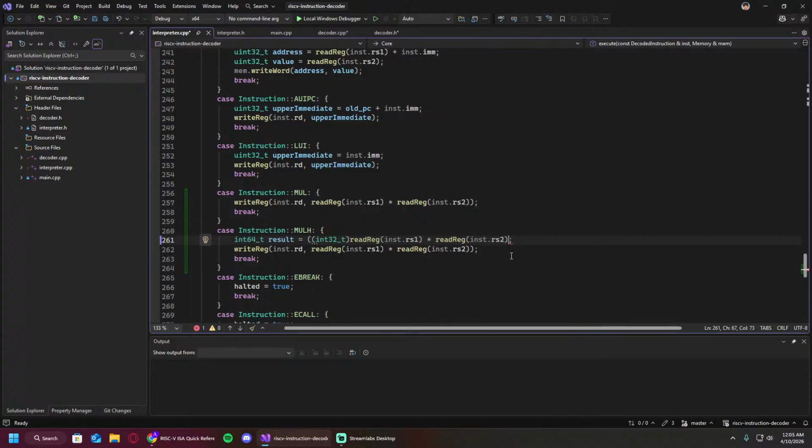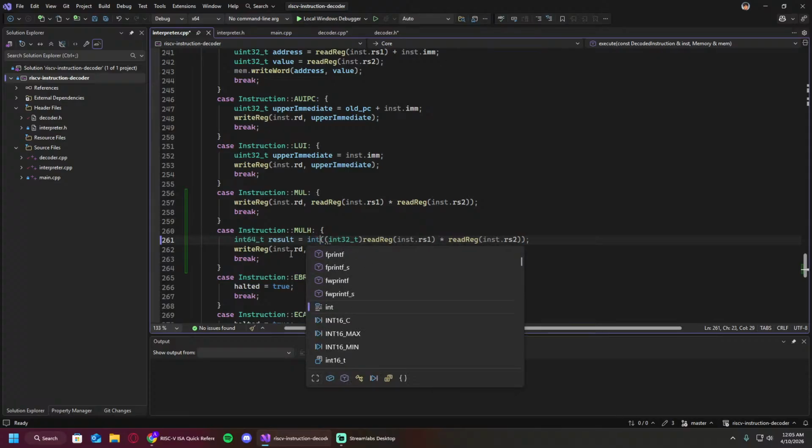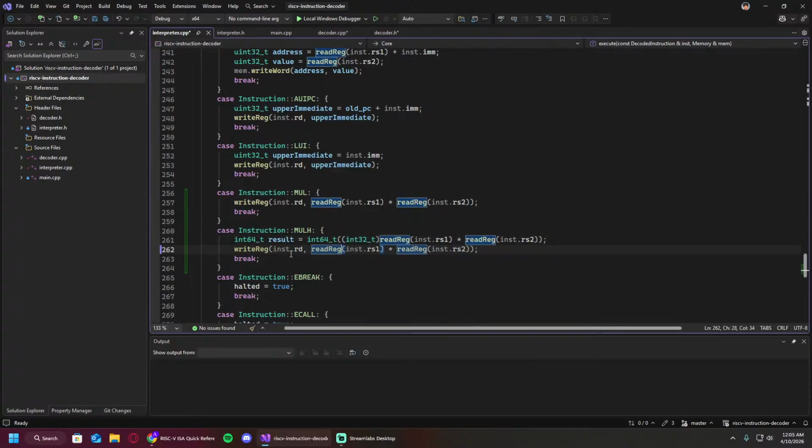But on top of that is where we need to convert it back to a 64-bit integer, which will then cause the upper bit to be a bit different. So we still need to write the register as usual. It'll just be